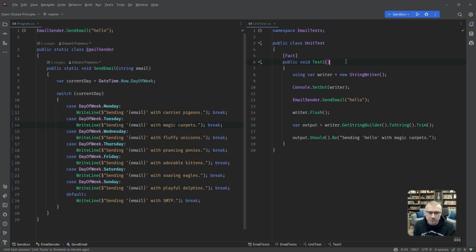Now, where are we at? Well, we just managed to test one of the scenarios. Why? Because we've got this hard-coded thing in here, okay?